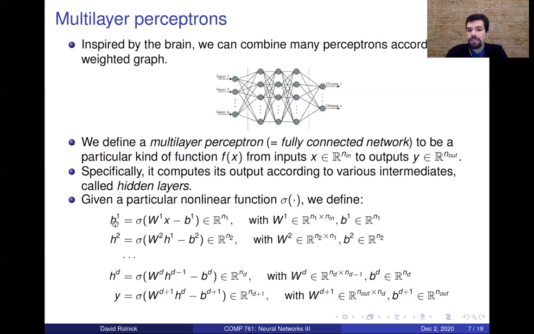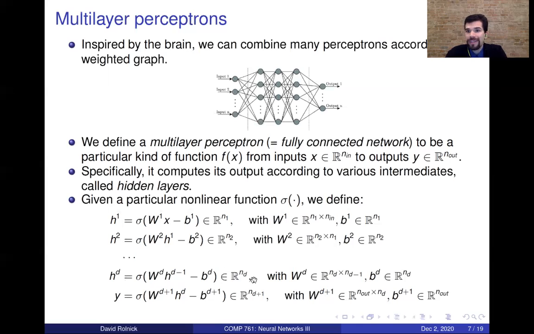So this hidden layer is just each one of these is a perceptron, and each of these is an entry in this vector h1. H2 is doing the same thing, only instead of taking inputs from x, it's taking inputs from h1, the first hidden layer. So it takes inputs from the things that were already computed with respect to the inputs. And it has a new weight matrix, which is N2 by N1, because that needs to be multiplied by h1, which is a vector of dimension N1. So just making sure that all dimensions line up. Here we have an output that is N2 dimensional. And then we get a hidden layer of size N3, and all the way down to the dth hidden layer,